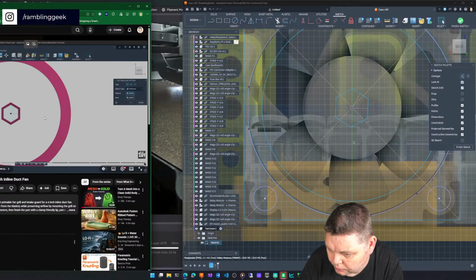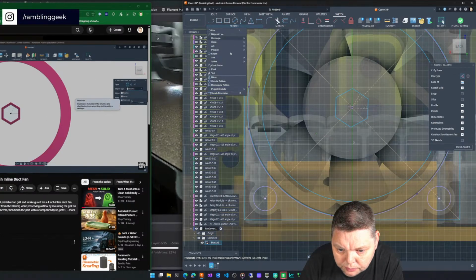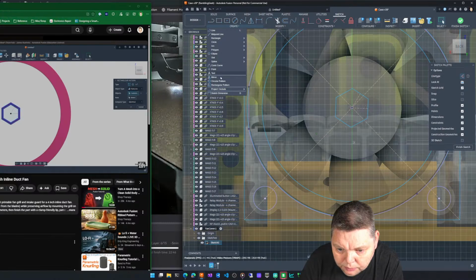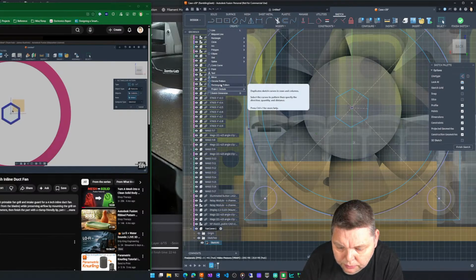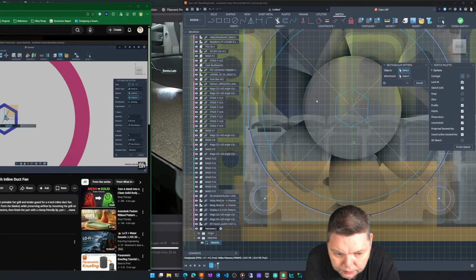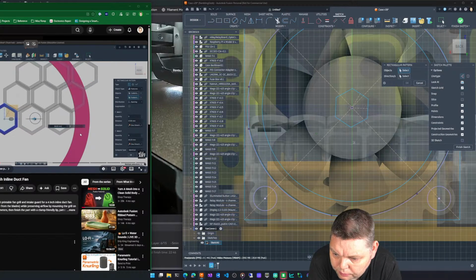Click the Pattern tool. We want to make sure it's features. It defaults as bodies, but if we select features, we can select this extrude, and then for the axes, we can select this axis and this one. As we drag this out in the two directions,